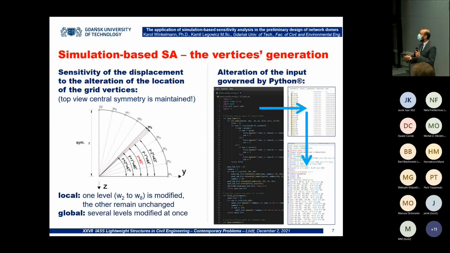My co-author has made a procedure governed by the Python programming language in which the compiler produces a numerical model. So we only input those values that we want to change, and the model is regenerated and recalculated by itself. So the time consumption of the process is very low, which is the main key for advancing into simulation-based sensitivity analysis, because we take a multitude of models and we have to make them calculate very